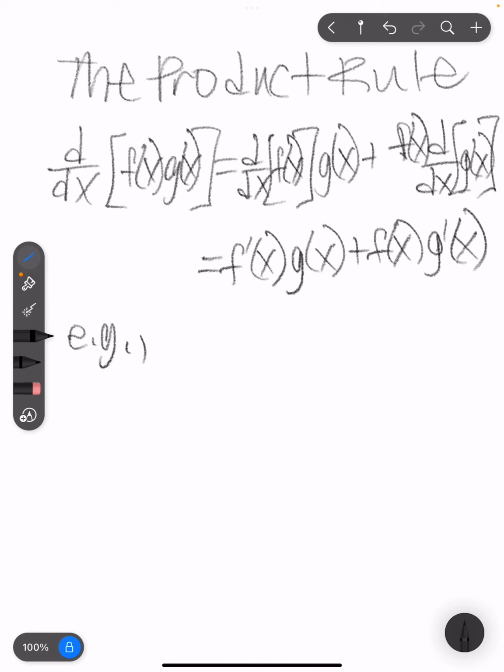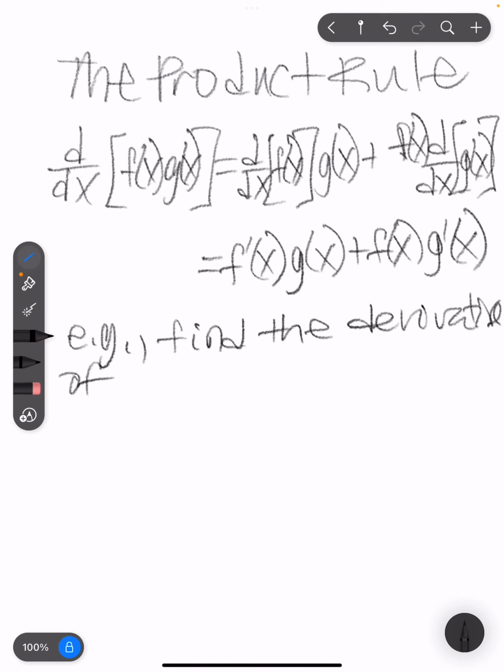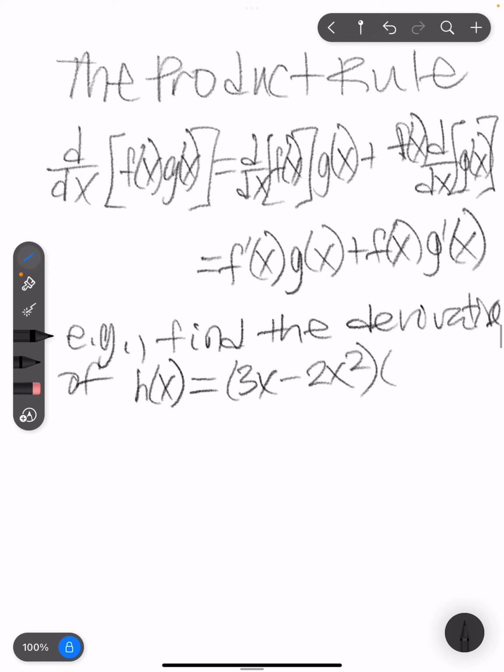So let's find the derivative of h of x is 3x minus 2x squared times 5 plus 4x. So we see this is a product of differentiable functions, and applying the product rule, we